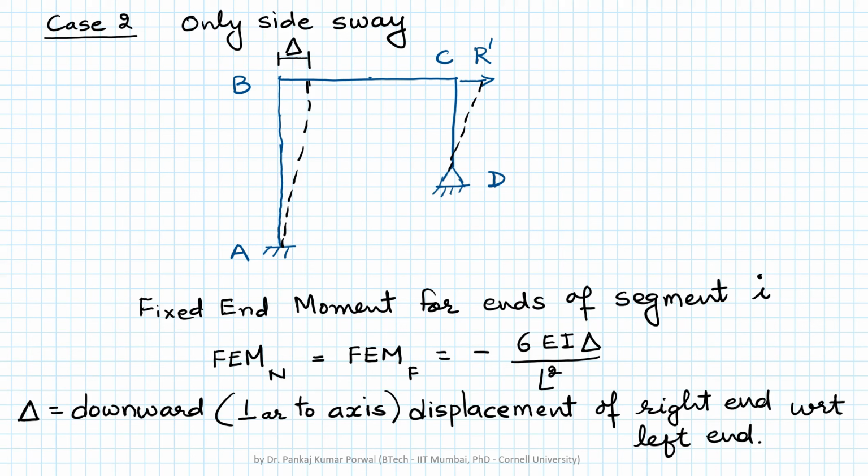Now each member may have different EI and L, so the fixed end moment for each segment will have different numerical value, and we have to be careful here that delta is the downward displacement, and by downward we mean perpendicular to the axis. So for example, for segment AB the delta will be actually horizontal in the right side, not downward. But if I look at my segment AB from this side,